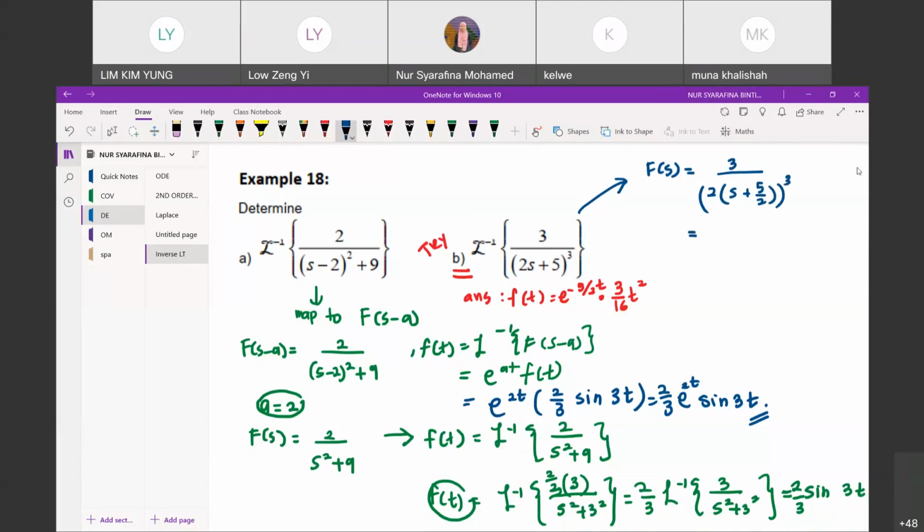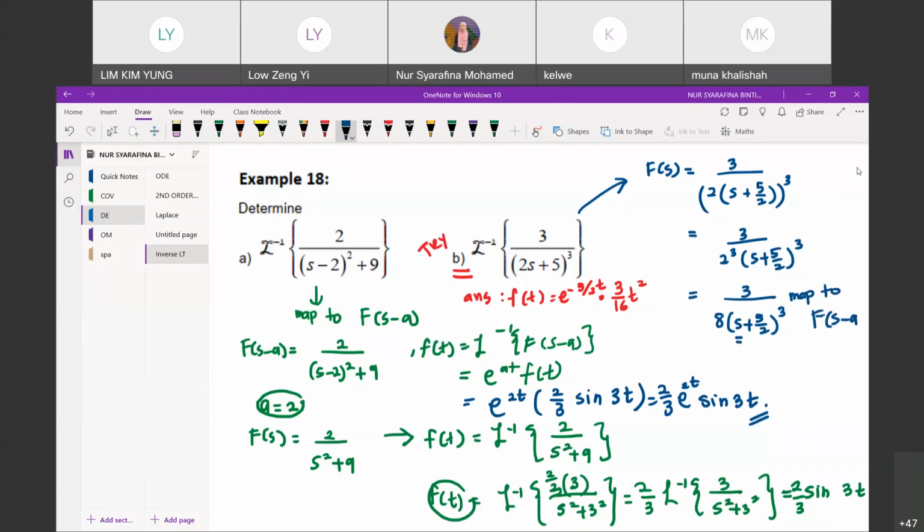Where you can put this 2 as 2 cube, (s plus 5 over 2) cube, where this is 3 over 8, (s plus 5 over 2) cube. Okay, so as you can see, now it is s alone. And this is quite identical with this, (s minus a) squared, (s plus 5 over 2) cube. So this can be mapped to